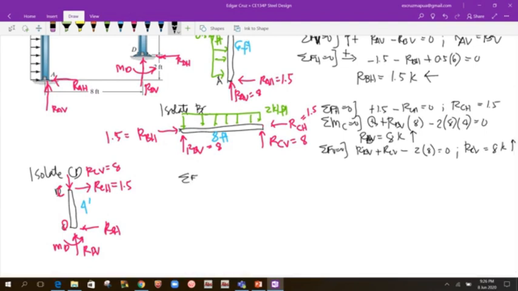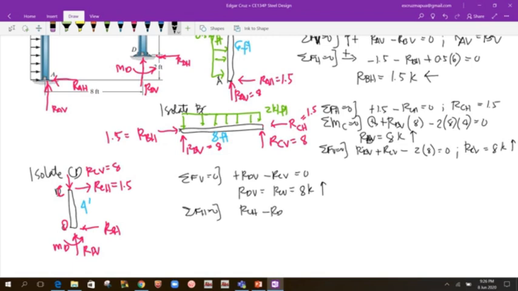summation of forces, vertical, equal to 0. So RDV minus RCV, only those two, equal to 0. Therefore, RDV is equal to RCV, which is equal to 8 kips, which is upward. Now when you take the summation of forces horizontal equal to 0, the RCH to the right